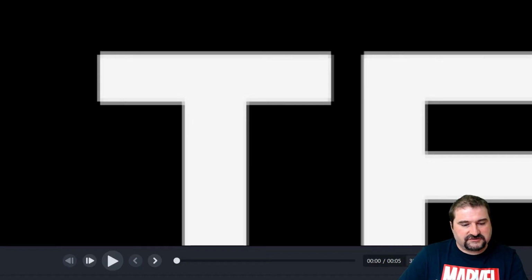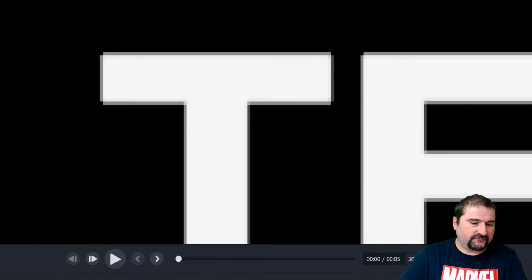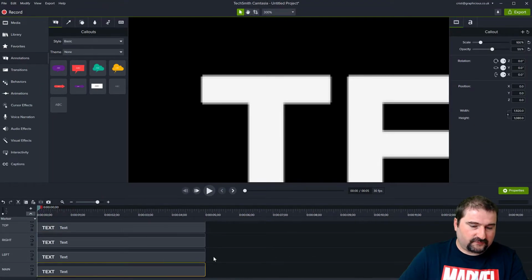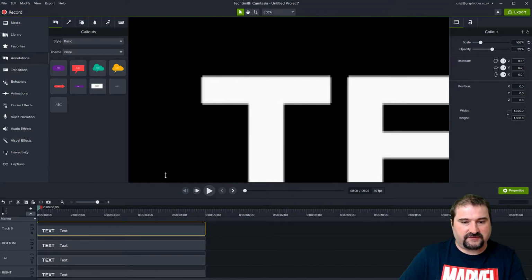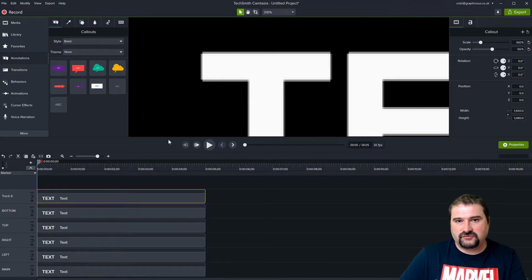So what we want to do is copy these again 4 more times and duplicate them in the corners too. That's what we will do now. So I'm going to copy the first one, just the first one, because that's in the original position, right? So copy that one, and go to paste it again. If you keep your playhead in the same position, it's going to just create a new track and paste your object onto that track. I know it sounds like we're having a lot of tracks here, so just bear with me, because this is going to pay off at the end.